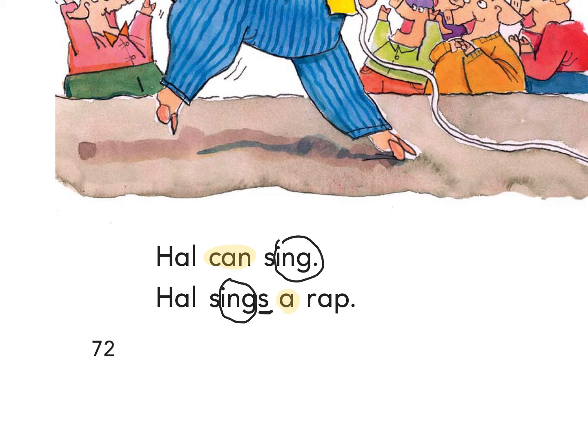Practice reading 3 times. Press pause and practice reading 3 times. Okay, are we ready to read together? All right. Fingers ready under the word how. I'm waiting on everybody's fingers, Toby. That's not where your pencil goes. Ready and read. How can sing? Hal sings a rap. What does that mean he sings a rap? He keeps running. Oh, he's rhyming the words. That's right. Okay, and Cameron said we forgot to circle our periods.